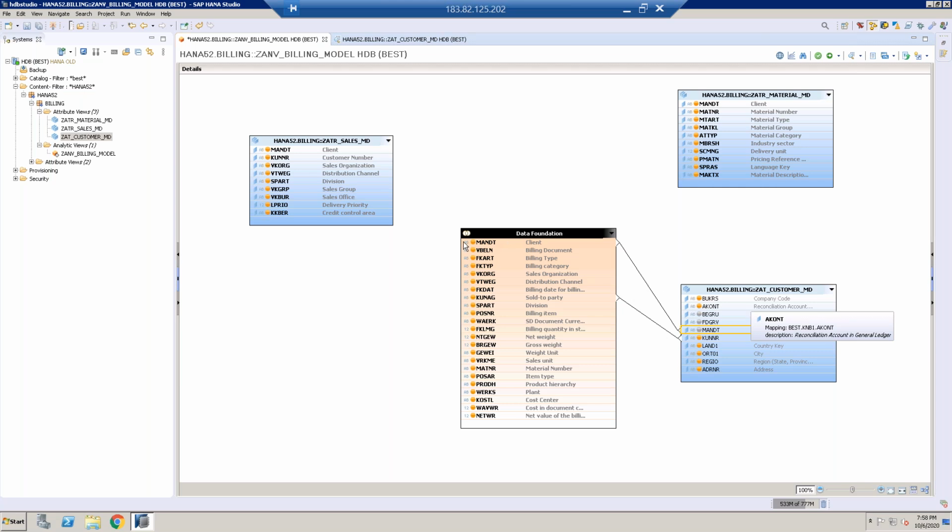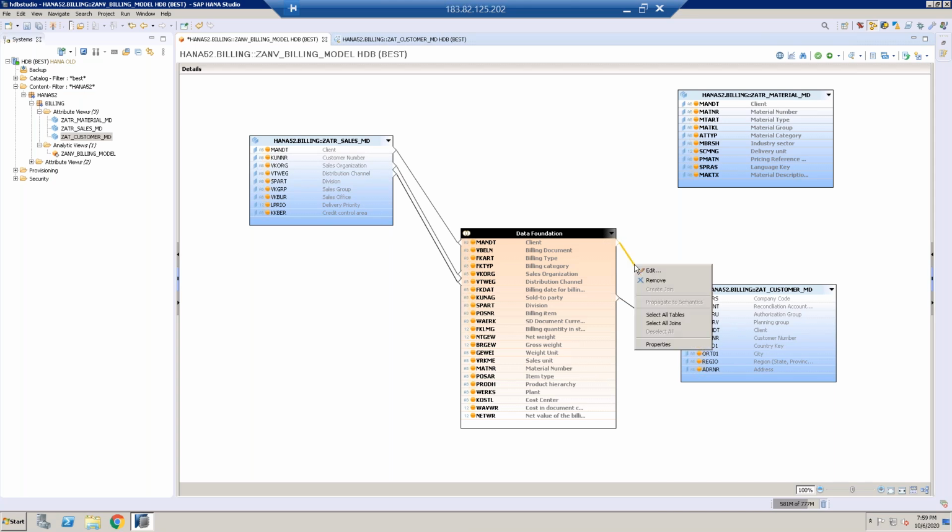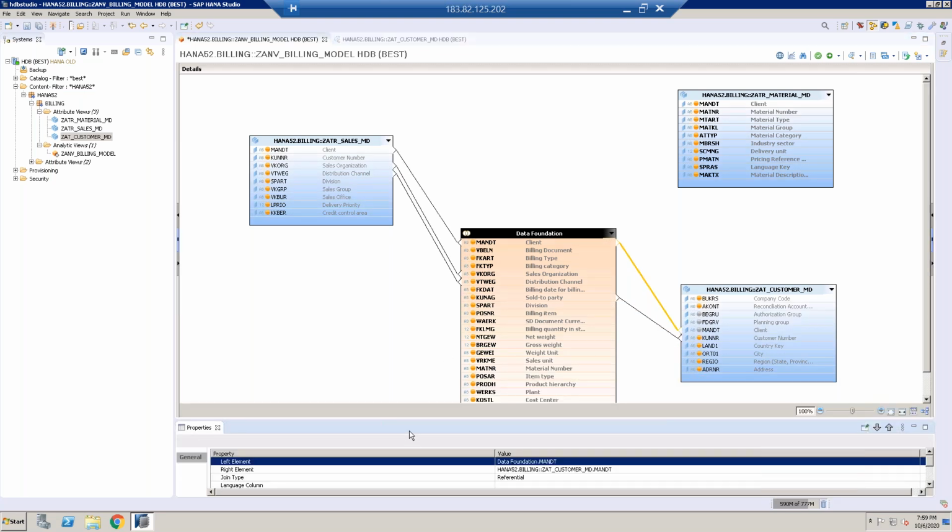Now let's join with sales mass data attribute view, client to client. Then I join sales organization to sales organization, distribution channel to distribution channel. So guys, this is like a master data, right? It's like a mass data join to this one. So you can make this join as, go to the properties of join and make this,